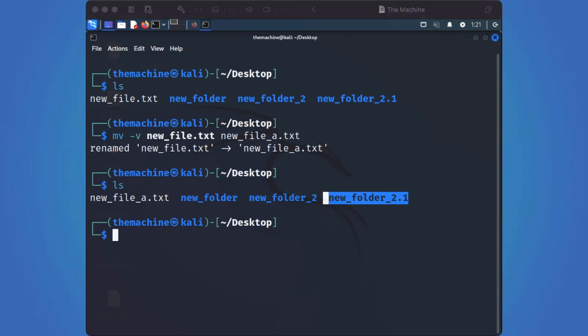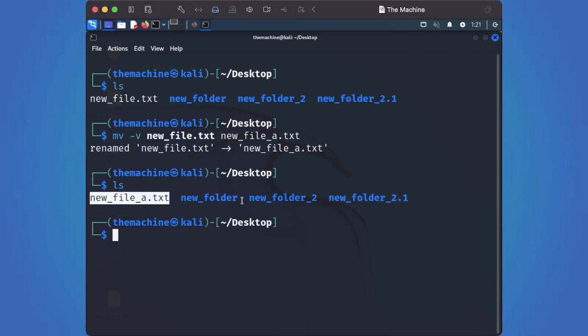Give me a minute. So we want to move this file from here into here, and we will again use the move, and then we will call the new file